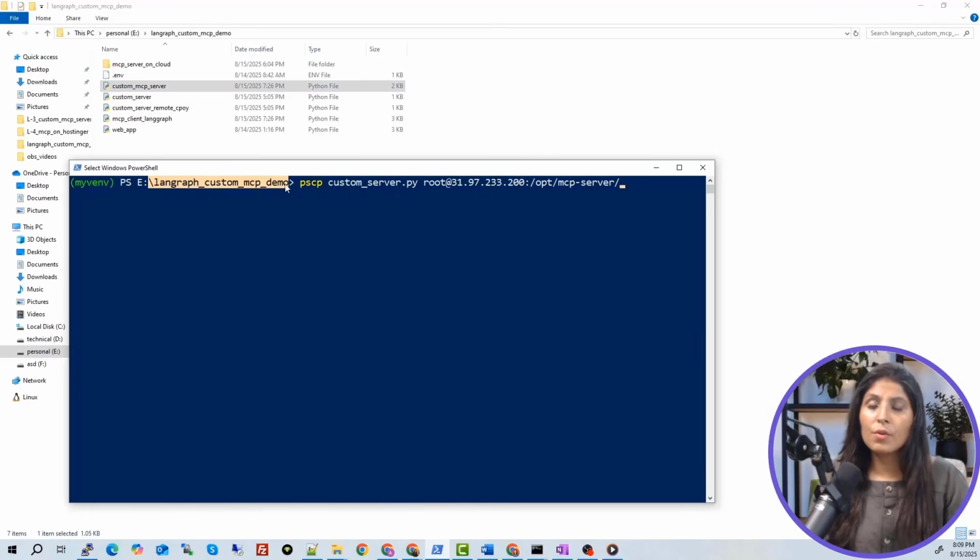We entered in the folder where this file is, and after that we executed this command, pscp.